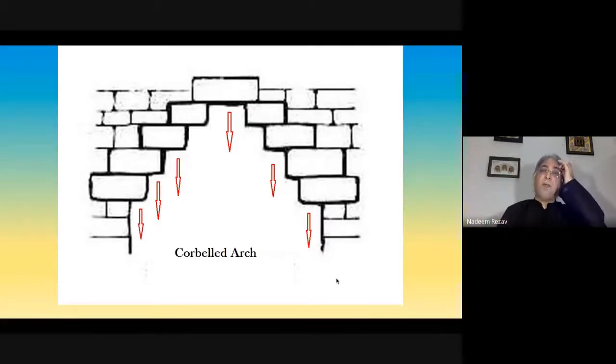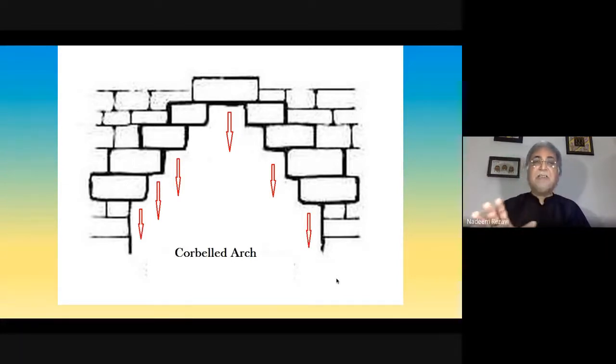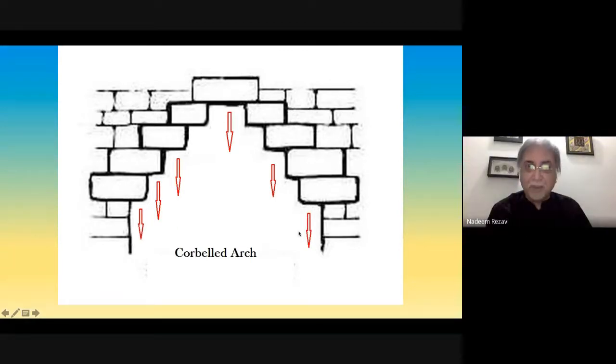Now here the corbelled arch, where the trabeate roof has been given the shape of an arch. It is not an arch proper, it's a false arch. Because here the flat roof has been staggered into various levels. Each level has protruding stones, one atop the other, so much so that at this level, it's filled up. But the weight of each and every piece is still falling on the walls of the structure. So that is one of the